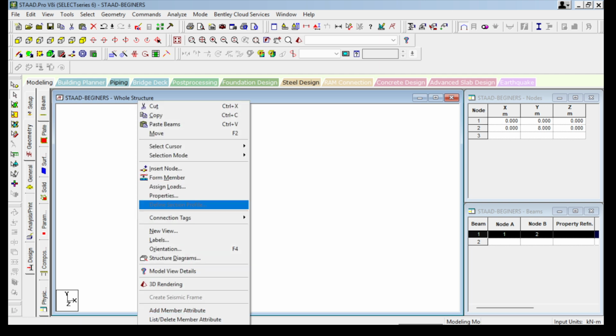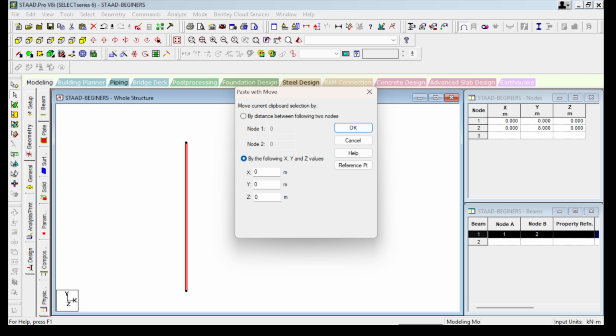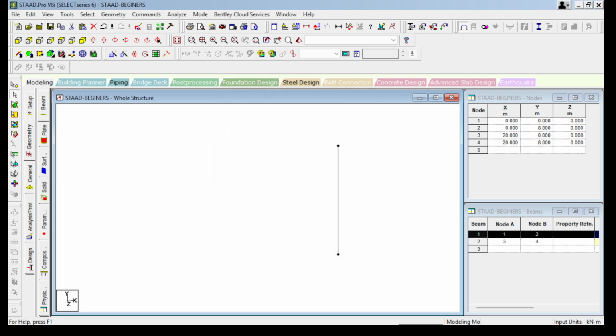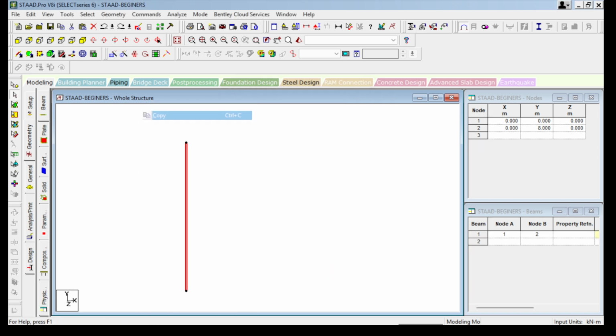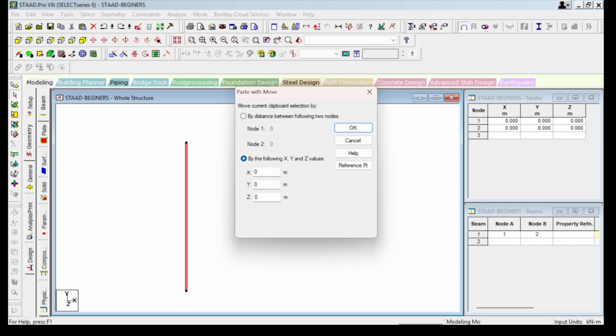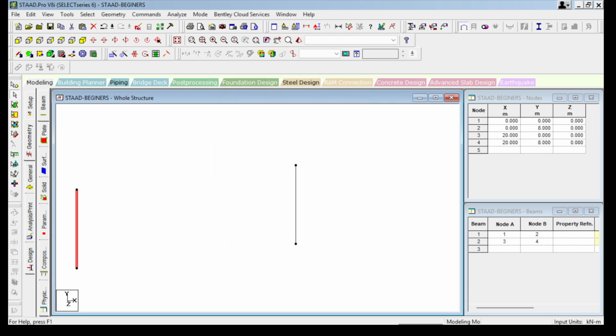We are going along the X axis by 20 meters, 10 and 10. Let's click on move, copy, and paste. We are going 20. This is 20 meters, so let's rotate it so we have it. Okay, so this is what we have.